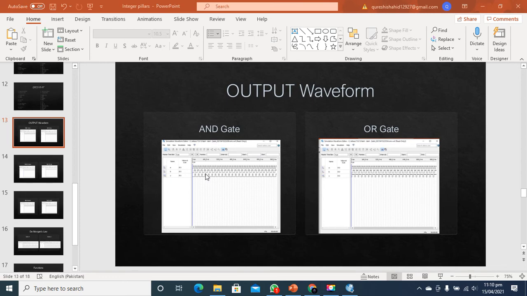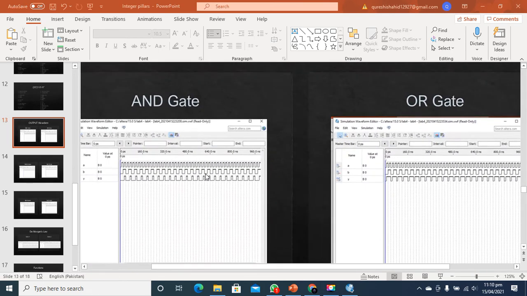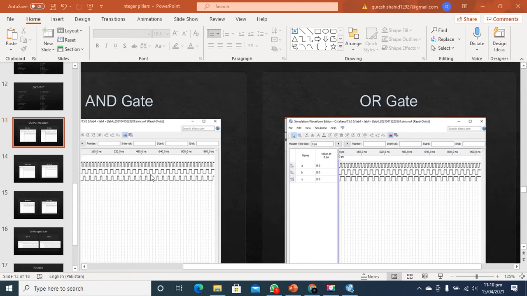As you can see, if you zoom into that waveform, the AND operation will give high when both inputs are high. At that interval, both inputs are high, so we get high at the output. So in this way we can verify each and every waveform that represents the function of the AND gate.